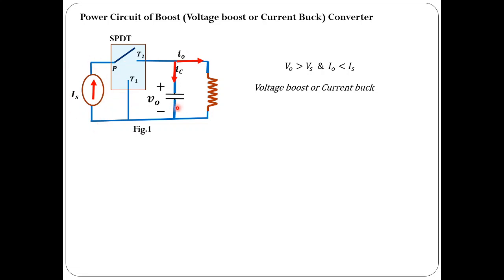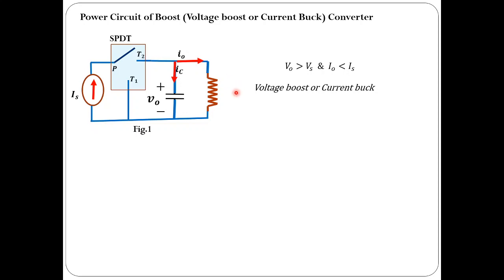Now in this circuit you can see that on the input side I am using a current source. So as long as I connect this current source to the load side, load current is the same as the source current. Once you disconnect, the load current would be 0, right? So it corresponds to current buck operation. Only for a fraction of the switching period you have the source current available with the load. The remaining time its average value would be 0. And in an average sense, the load current would be less than the source current. It corresponds to current buck operation.